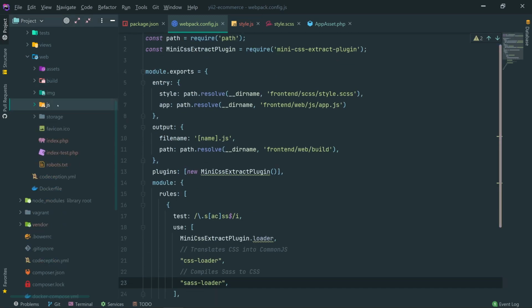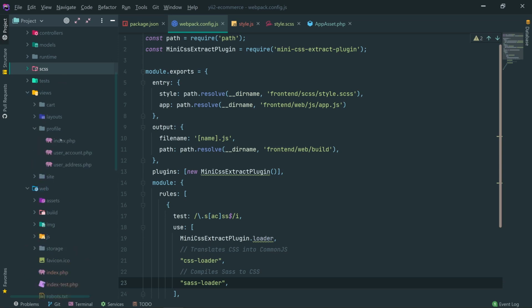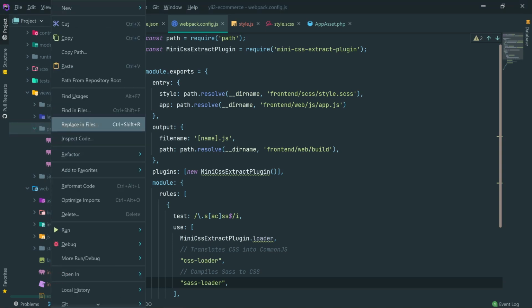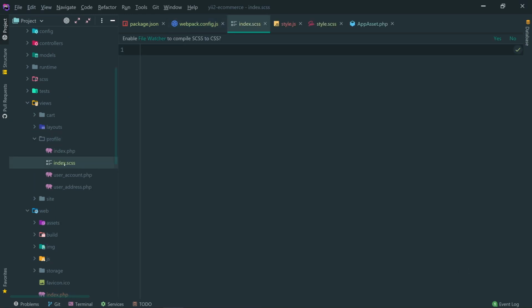All right, so generally I put a separate SCSS file in my views. So according to my experience, that gives me a huge boost inside the productivity. So if we go inside the profile, I'm going to create an SCSS file right here, giving the same name, whatever is the name of the PHP file. Okay, so for example, I'm going to create index SCSS for just styles related to the